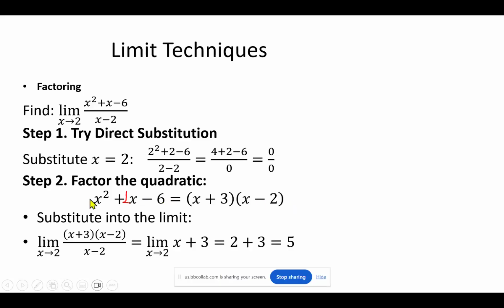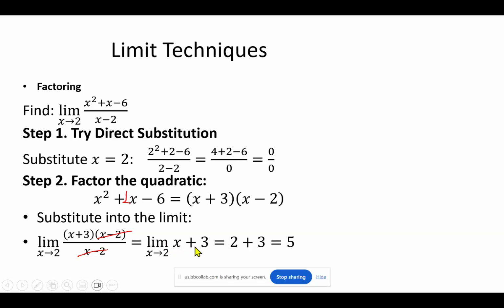So substitute the entire quadratic equation by the two factors. And you probably already noticed that x minus 2 matches. We have it on the top of the fraction and on the bottom of the fraction. So these are common factors, so we can cancel them out, and you get only x plus 3. Since the whole x minus 2 cancels,